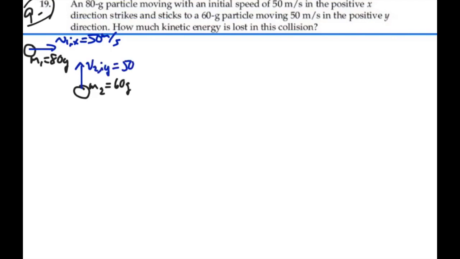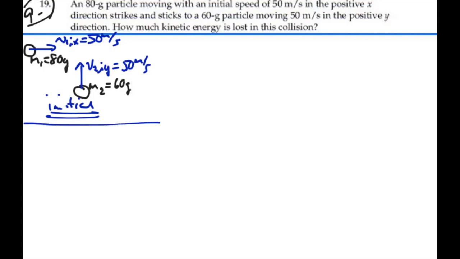So we have mass 1, which is 80 grams, moving with an initial velocity in the x direction of 50 meters per second. It's going to collide with mass 2, which is 60 grams, moving with initial velocity in the y direction of 50 meters per second. This is the way things look initially,